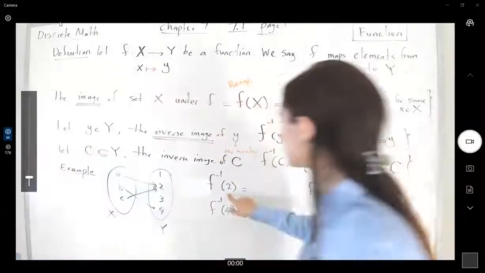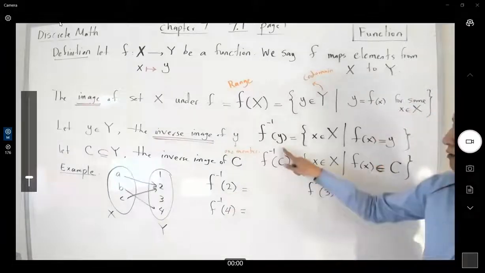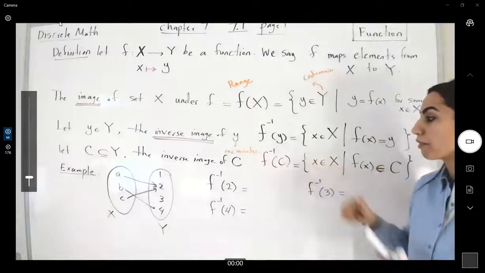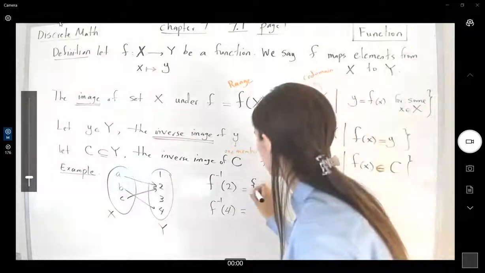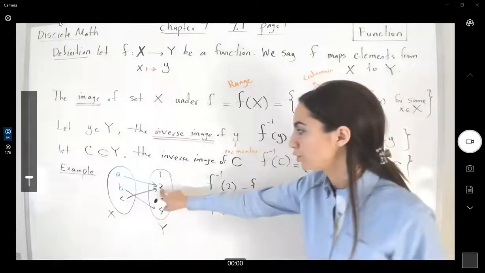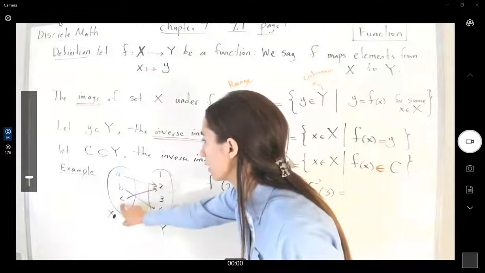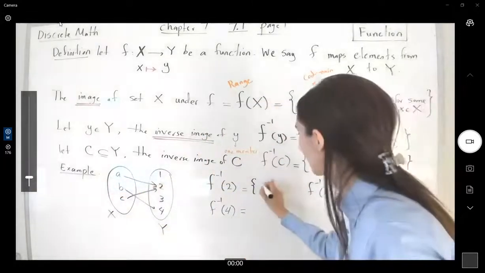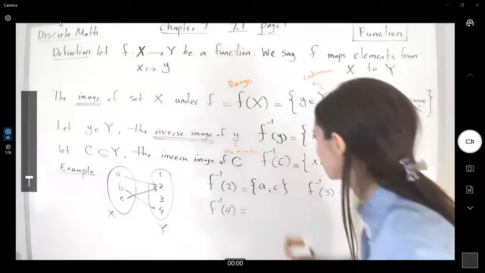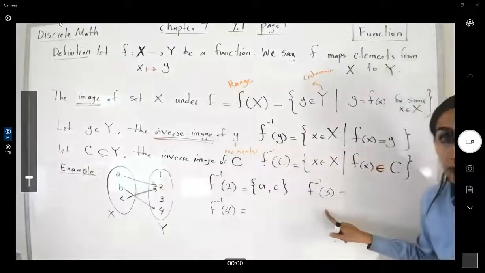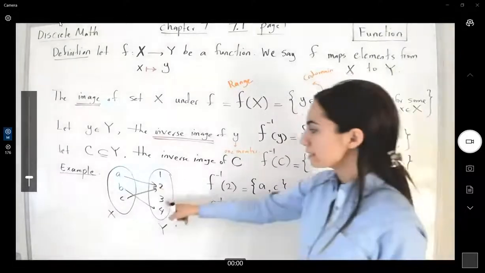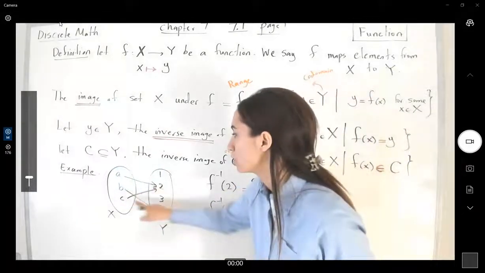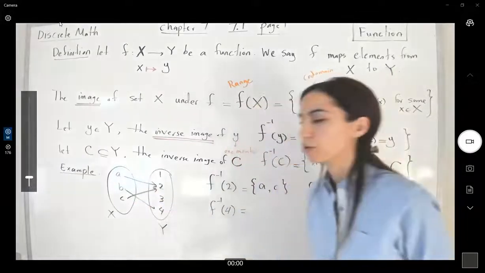So the inverse image of 2. Remember that an inverse image of an element and an inverse image of a set are both sets, so we're going to use set notation. So 2 is connected to 2 elements in the domain, A and C, so we have to list both of them. Inverse image of 3: well, 3 is a member of the codomain, but it's not connected to anything in your